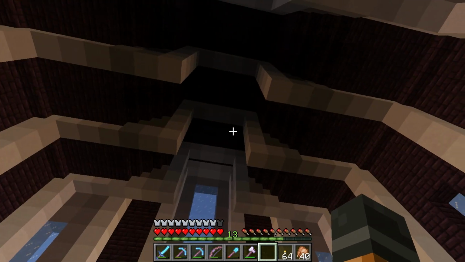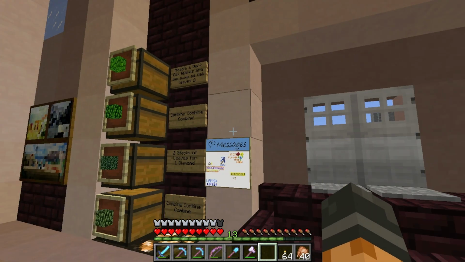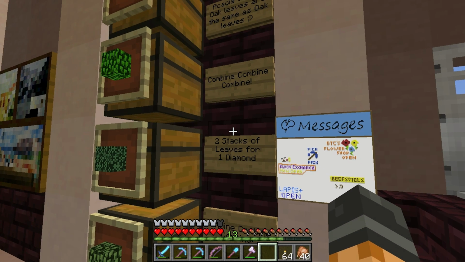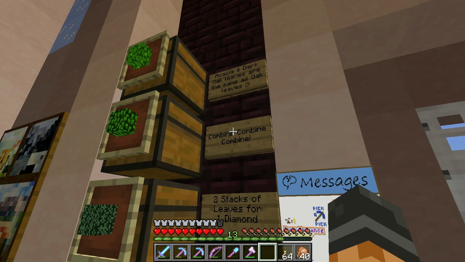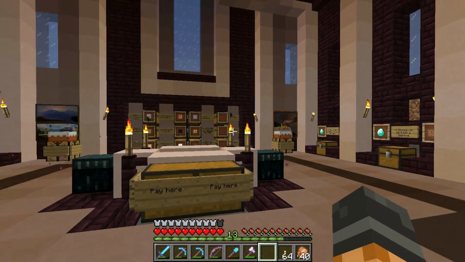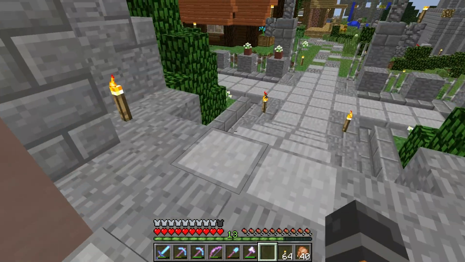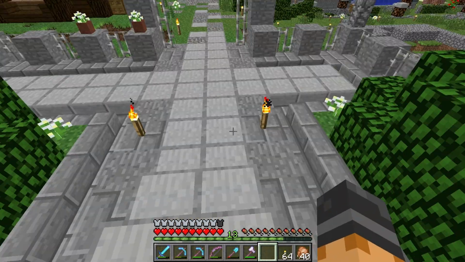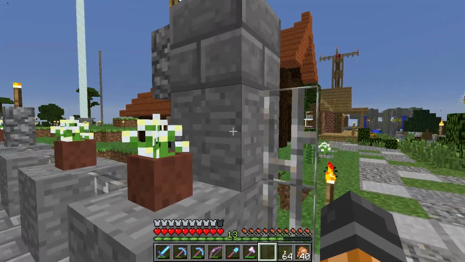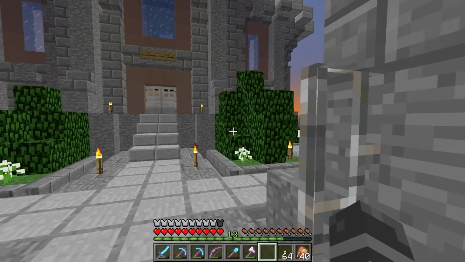Yeah, so Arcus, if you watch this, I like your shop. It's pretty. Leaves, 2 stacks of leaves for a diamond. I think I can get better deals elsewhere, though, so I will not purchase anything right now. But the shop looks nice. I like it. Kudos to your building style. All right, and then